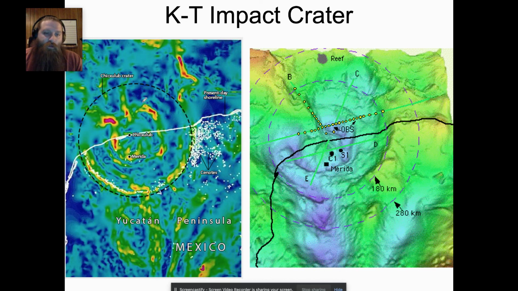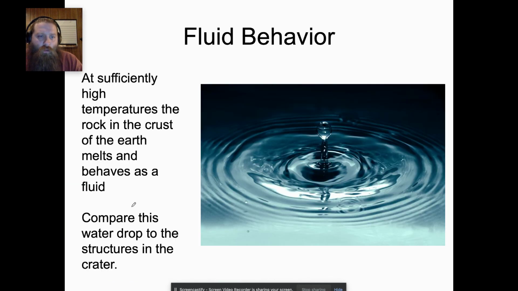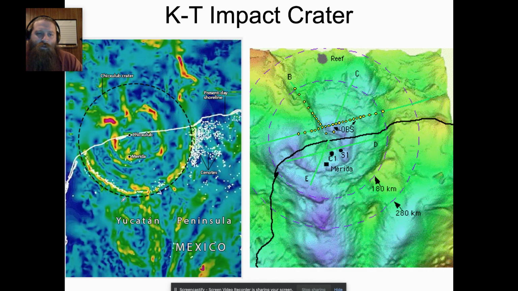Now, when you see the blue regions, green and blue is a gravity low, and the red and yellow are gravity highs, and the white dots all around the edge here, these are sinkholes, which are called cenotes, which typically follow the edge of an impact crater. Now, you might look at that picture and go, that's kind of odd, right? It's got these highs and these lows. Well, if you look at high, low, so it has a low in the middle, right